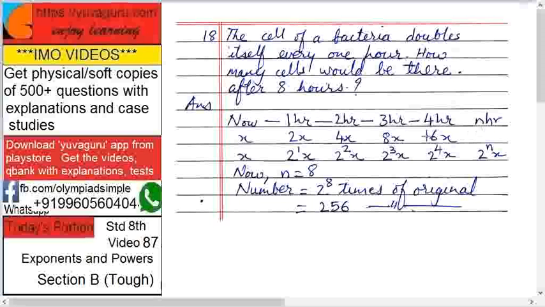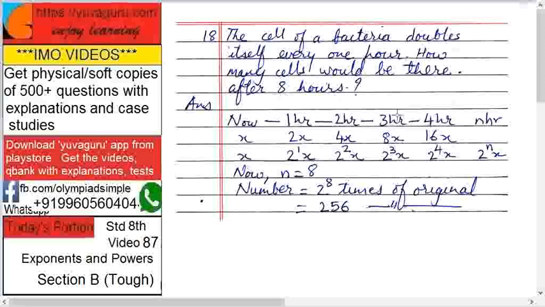Now this goes on. If you convert this 2x, 4x, 8x, 16x, how can it be converted into 2 raised to something? See this. 2 raised to 1. Here it can be 2 raised to 0 now, right? So 2 raised to 1, 2 raised to 2, 2 raised to 3, 2 raised to 4. So what does it mean? If there are 2 hours, it's 2 raised to 2. There are 3 hours, it's 2 raised to 3. 4 hours, 2 raised to 4.